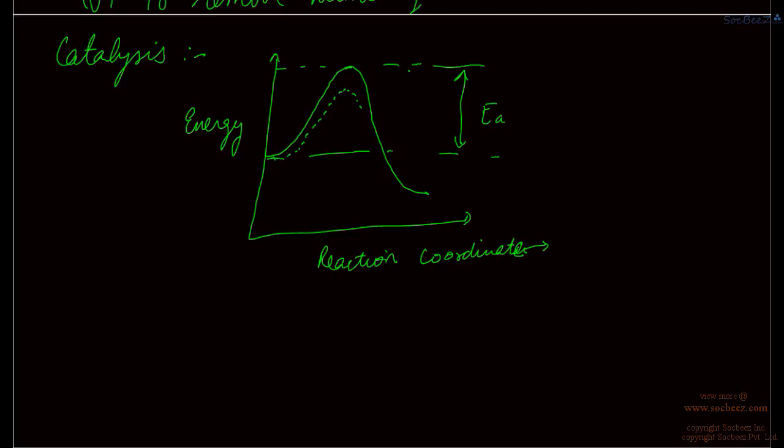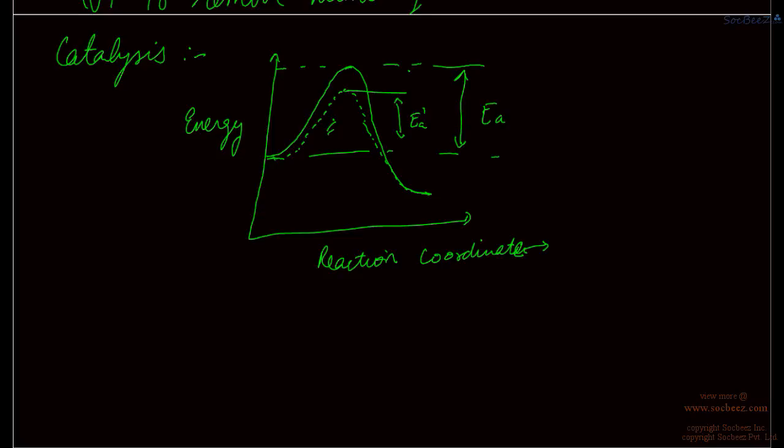Hence, in case of a catalyst, the graph that we obtain is somewhat like this. Now see, the end point and initial point are unaltered. So a catalyst reduces the activation energy of any reaction. So this is the case in presence of a catalyst. A catalyst increases the rate of reaction by producing a pathway whose activation energy is lower than the activation